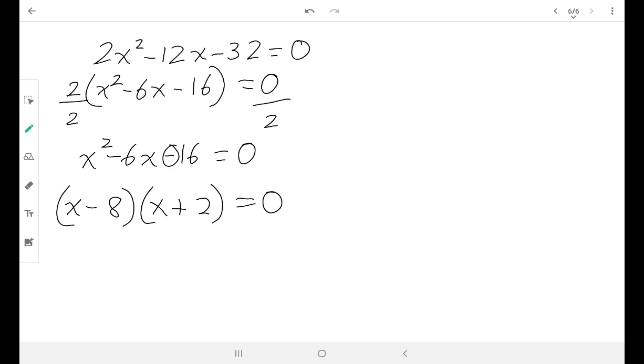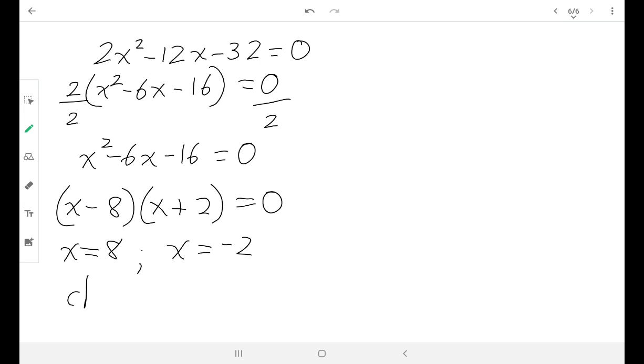One of them's plus, one of them's minus, because that is a minus. So we get 2 answers, either x minus 8 equals 0, which gives me an answer of x equals 8, or x plus 2 equals 0, which gives me an answer of x equals negative 2,